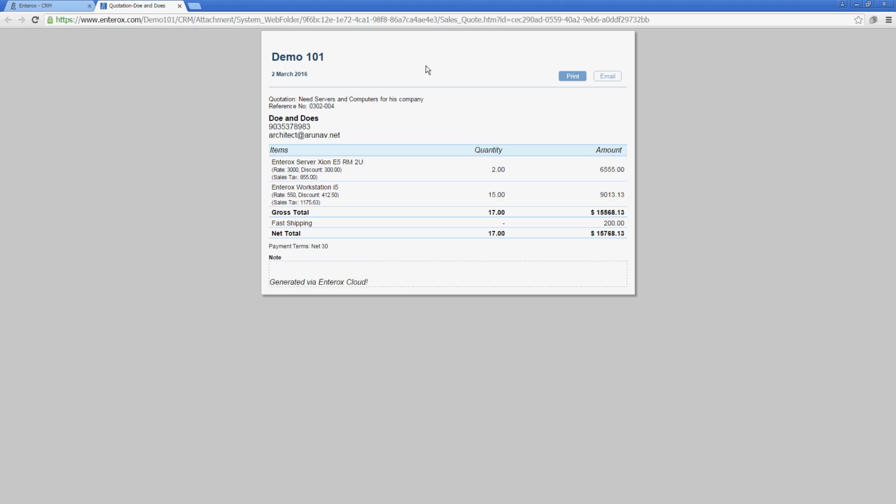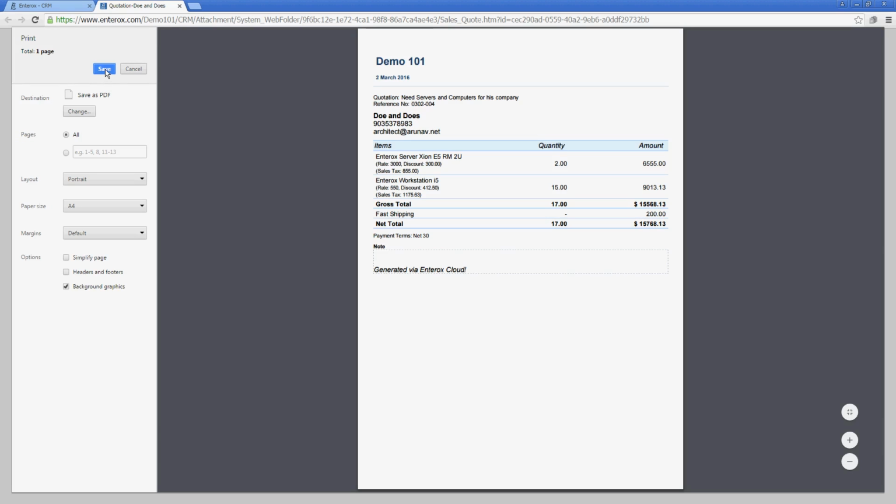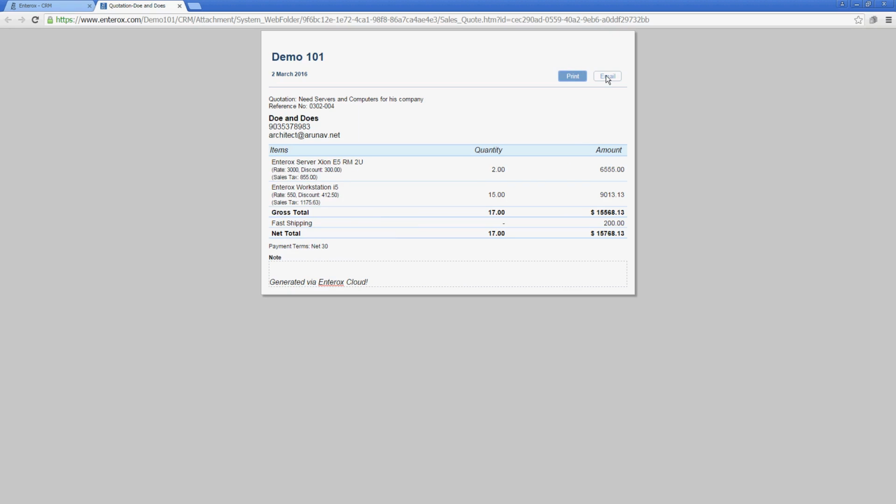So we click on print, and we can see that it automatically creates a quotation draft with all the details that are there. It shows the gross total amount, the shipping amount, the different rate at which the different items are being sold, the quantity of the items, the discounts given, the tax applied. And you can also edit the note that you want to send along with the quote. Of course, we can print it and send it or save it as a PDF file and send it through a different mail client, or we can actually directly send mail from the system. So we'll click on email,